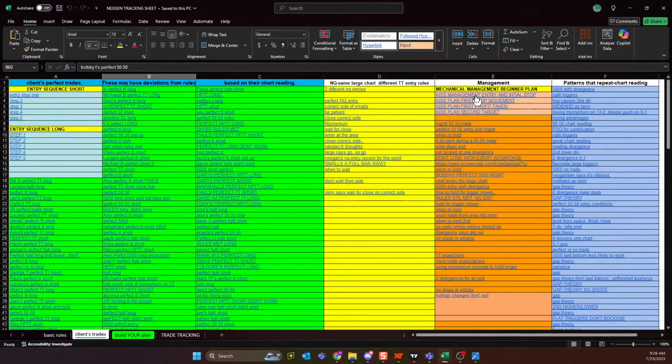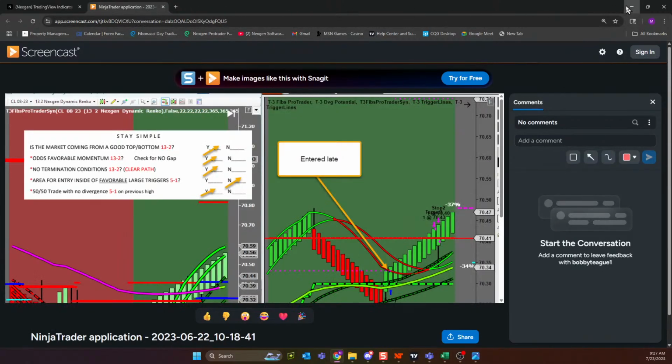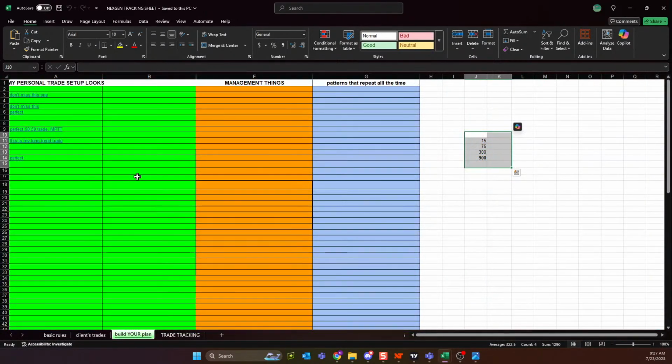There's ways to manage your trades. Up here is the management plan from the KISS plan, and it literally talks you through where your entry, where your stops go, and when it's appropriate to move a stop, where profit targets are. It walks you through it mechanically. There's a place for you to put your pictures. I encourage you, take a lot of pictures, guys. Even if you don't have a trade, take a picture. Talk about your chart read. The more you talk through it, the more you type on a chart, guys, the easier the chart reads become.